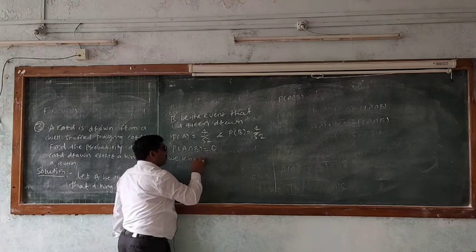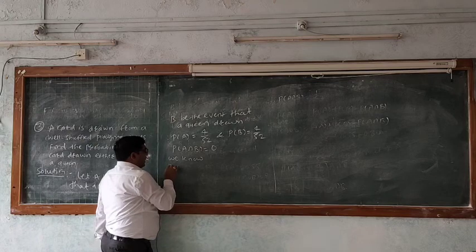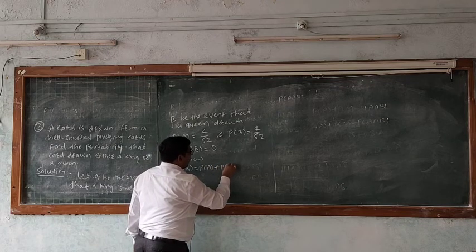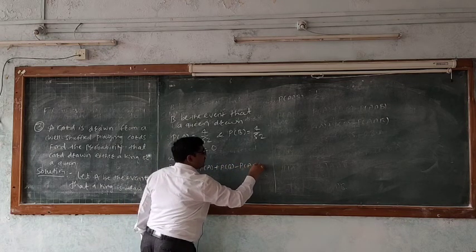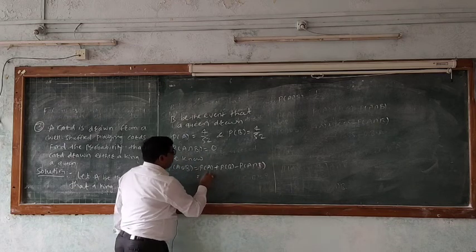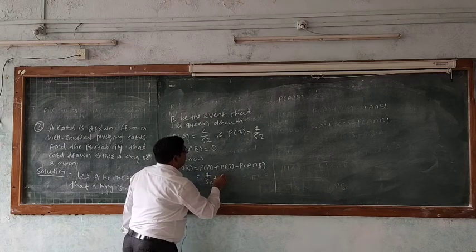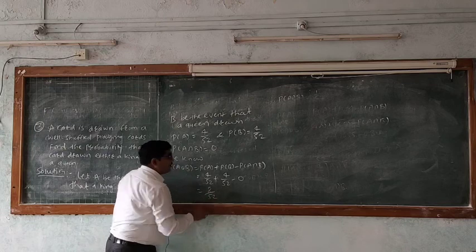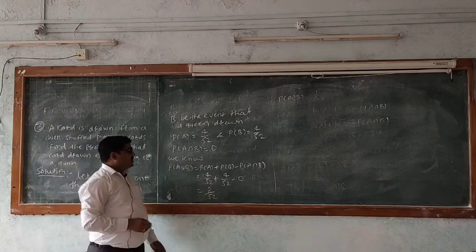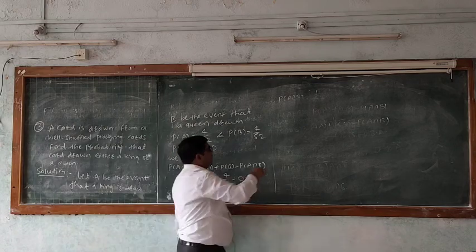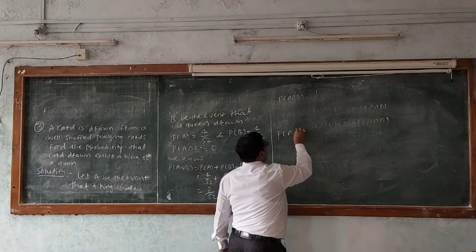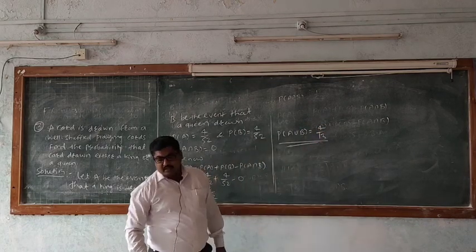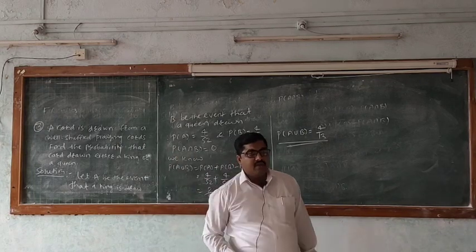So we know by the addition theorem, P of A union B equal to P of A plus P of B minus A intersection B. P of A is 4 by 52, P of B is 4 by 52 and this is 0, means 8 by 52, right? 8 by 52 means 4 by 13. So, probability of A union B equal to 4 upon 13, right? This is your answer. So, this lecture we will stop here. Thank you.